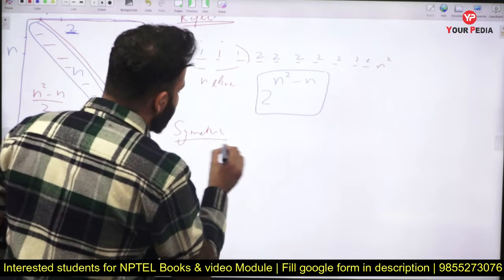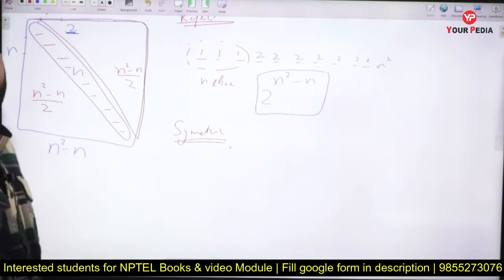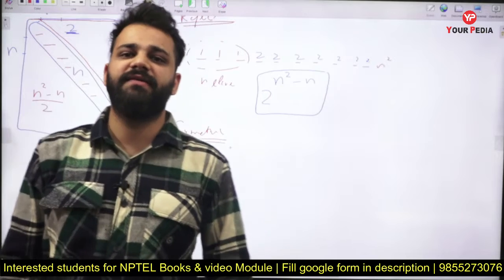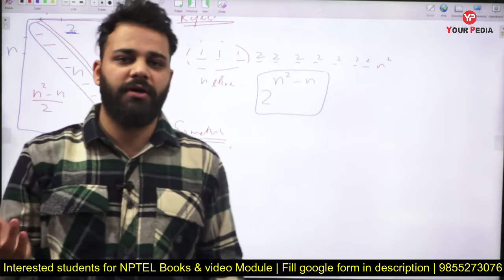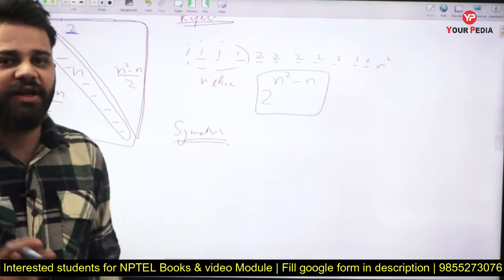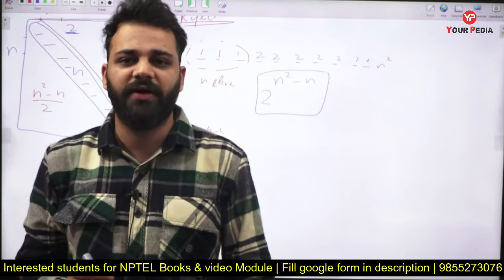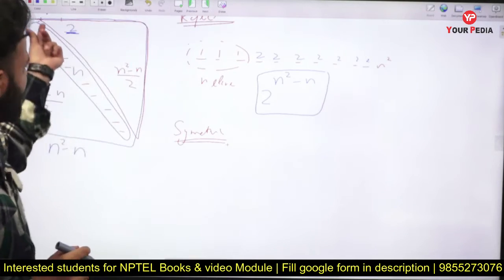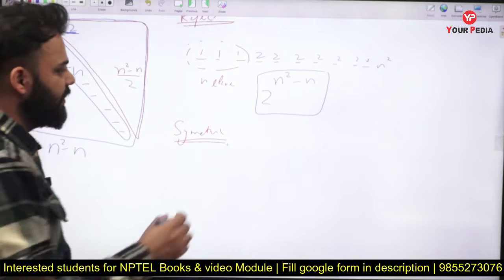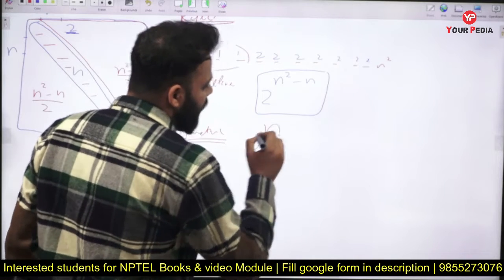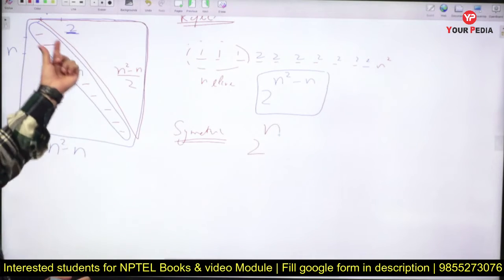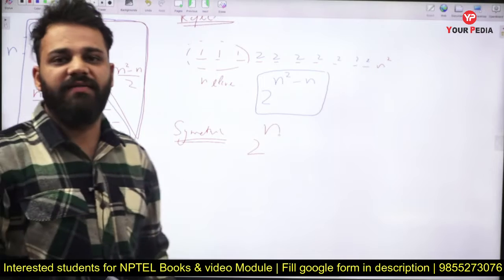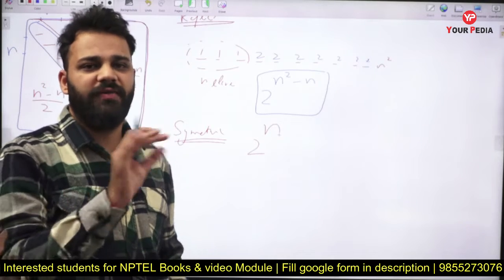Now in symmetric relation, first let's take the diagonal elements. Whether the element comes or does not come in our relation, it will not affect the symmetry of our relation. So each element will have two options. So n elements, each will have two options, so 2 raised to power n options will be there for these reflexive elements. They can come or they cannot come, it will not affect our answer.